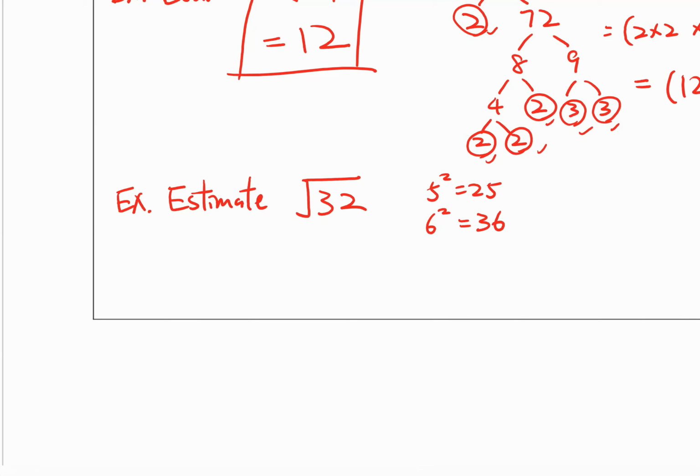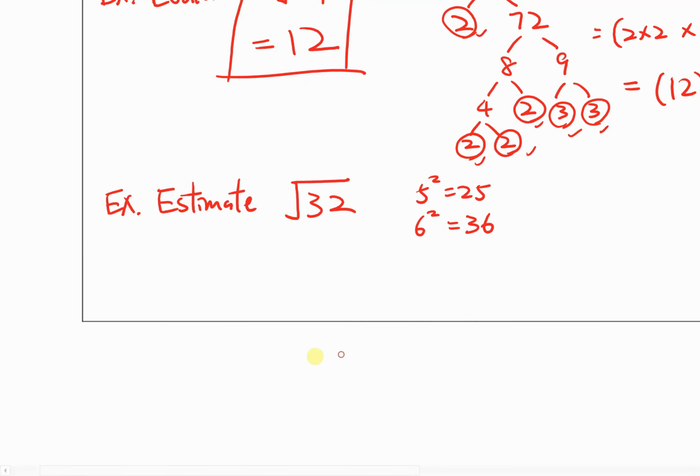It will be between 5 and 6, because the square root of 25 would be 5, and the square root of 36 would then be 6. But we're looking at a number in between 25 and 36. So I know that the square root of 32 will be in between 5 and 6, so 5 point something. Okay, now the question is, well, 5 point what, right? It's 5 point something, but what is it? Okay, so what we do